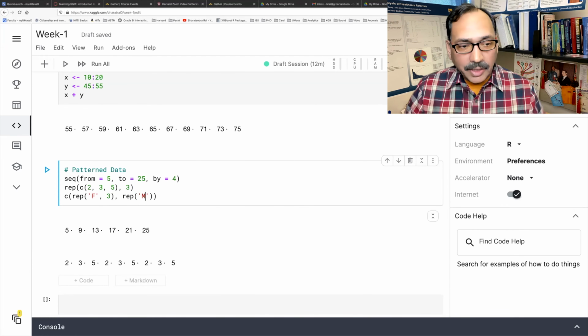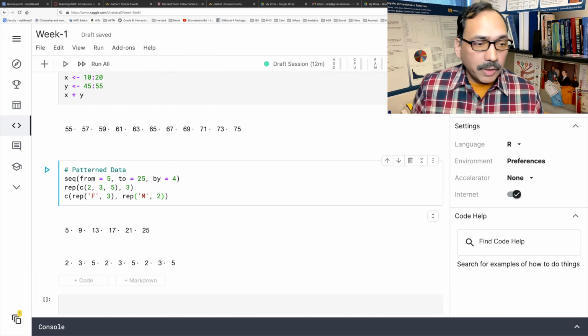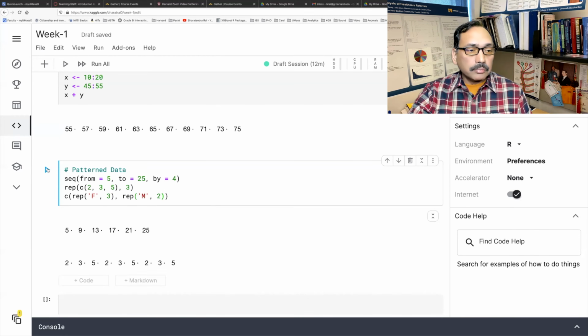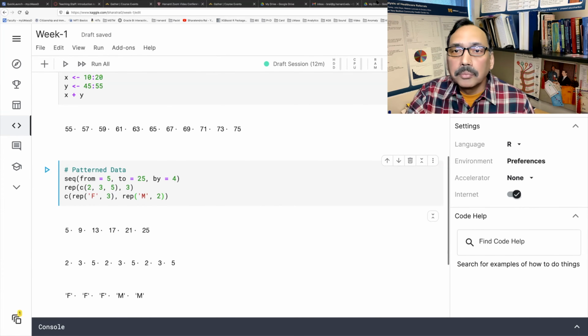Whenever you have text, we have to put that in quotes. Then M, and we repeat this 2 times. So F gets repeated 3 times, M gets repeated 2 times.